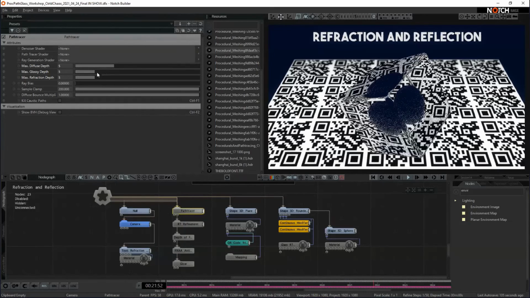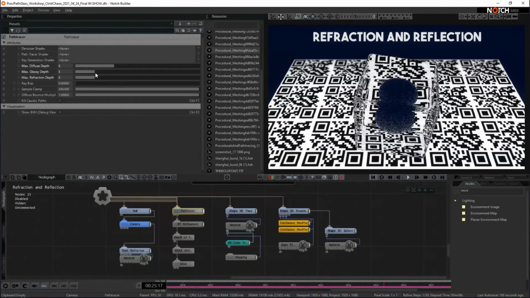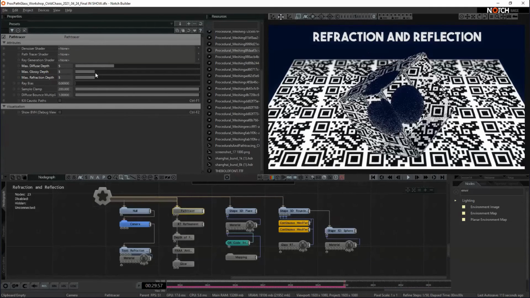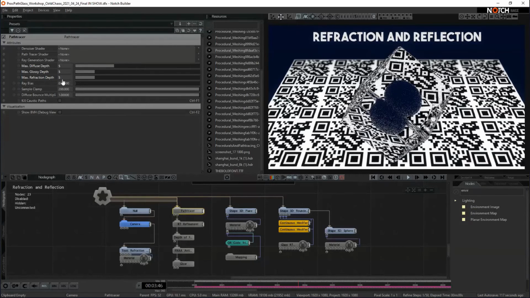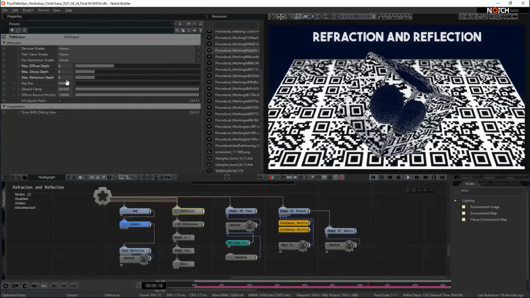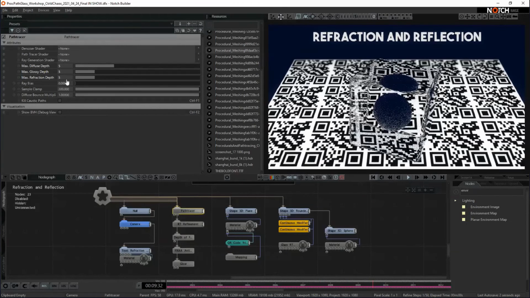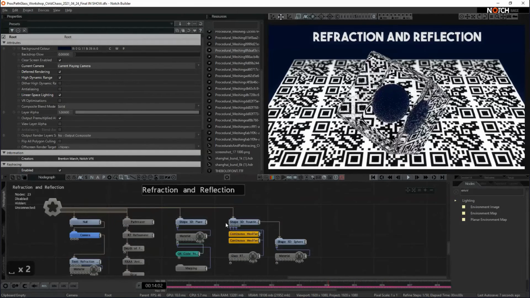The glossy depth is if you've got a bunch of mirrored scenes, how many times will that light bounce around? How far can you see into that mirror maze? That's the glossy depth. And the refraction depth is how many times it will pass through the surface and still refract inside. And what you'll find is if you have things like this shape 3D plane, this rounded cube here,